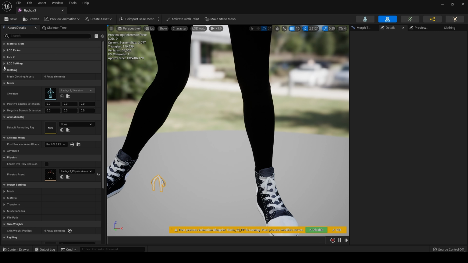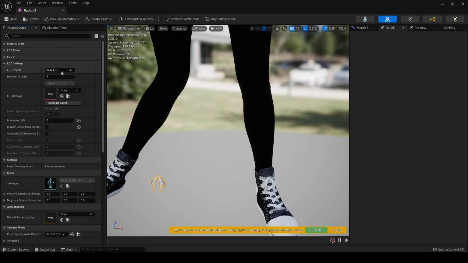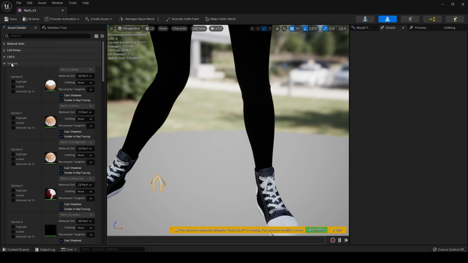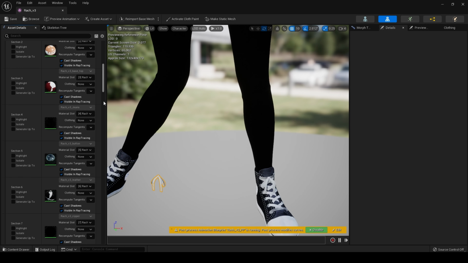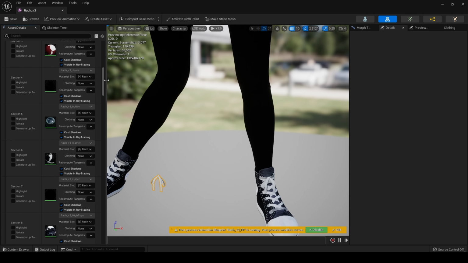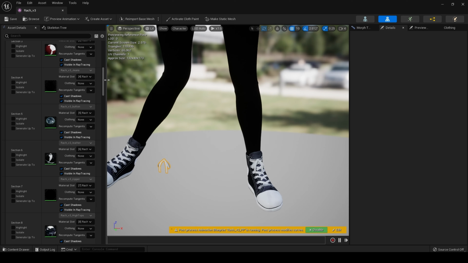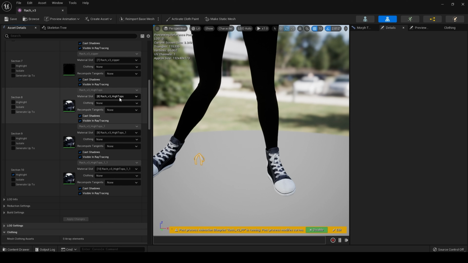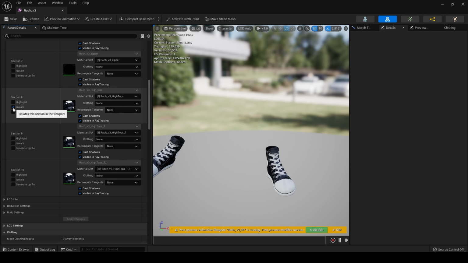So what I'm actually going to do is go to LOD settings, and I want to find these laces. So I think it's LOD 0. Yeah, there we go. We're looking for these sections. So for each level of detail you have, you would want to come to the sections and disable it in these sections. We've only got LOD 0 today, so let's find it. So I presume it's going to be named high tops, because that's what shoes we have. Yep, so we can hit isolate. That's the shoes.